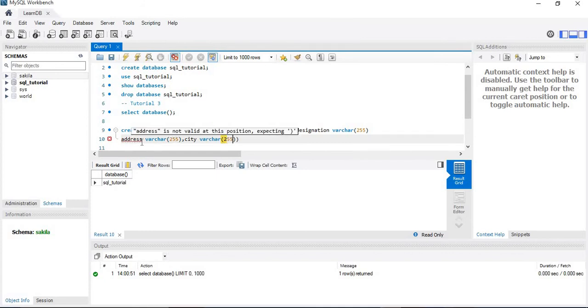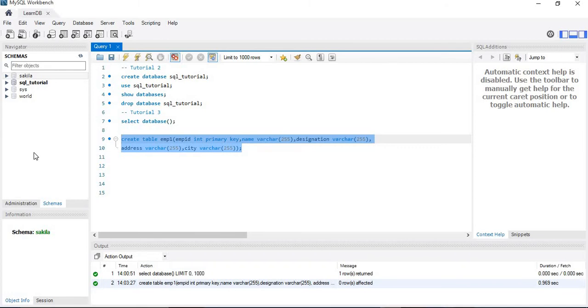So see what we have missed. We have missed this one. So now we have the create table name and these are the column names, and we just have to execute it. See, execute, and the table will be created.